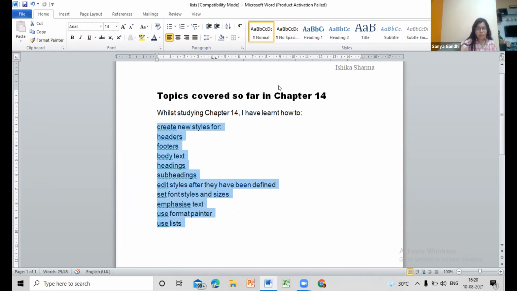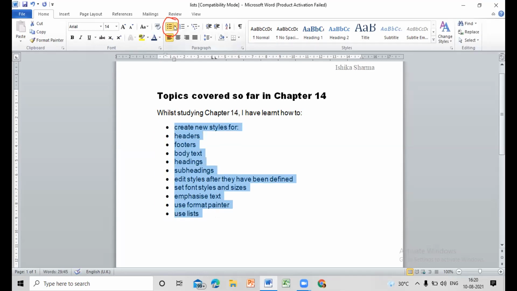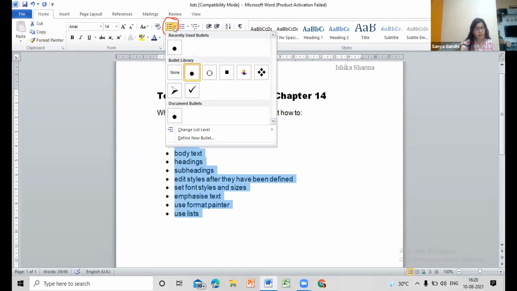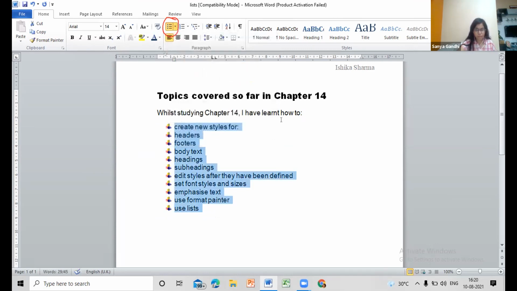And we need to add bullets. I'll show you from where. Can you see this? Yes. Don't add directly. You can go to the drop down and select which one you want. Yes, that's a good selection. You can click on it and it will change. Yes. So we have selected this.